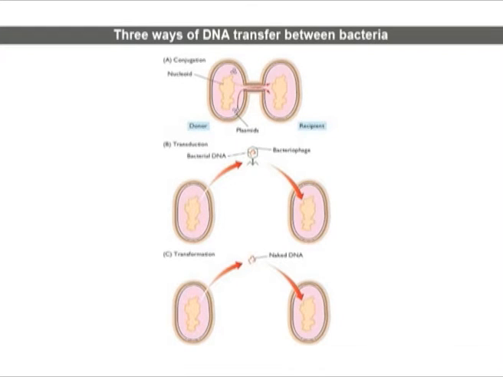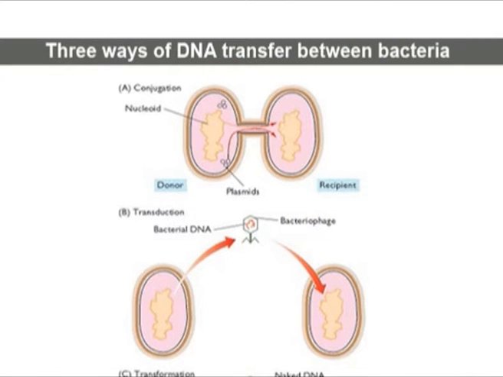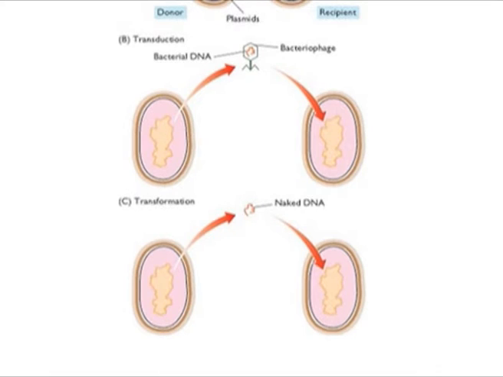They use 3 natural methods for transferring pieces of DNA from one bacterium to another. In conjugation, the transfer of chromosomal or plasmid DNA up to 1 megabase in length from the donor bacterium to the recipient takes place through physical contact between the 2 bacteria through a narrow tube called the pilus. The latter is called episome transfer. Transduction is the transfer of a small segment of the donor cell's DNA up to 50 kilobase via a bacteriophage. Transformation is similar to transduction, but naked DNA longer than 50 kilobase is transferred.